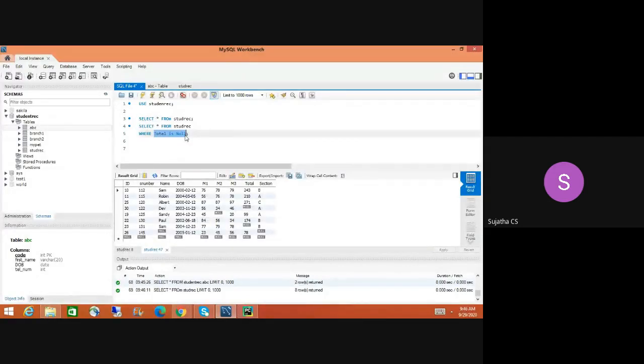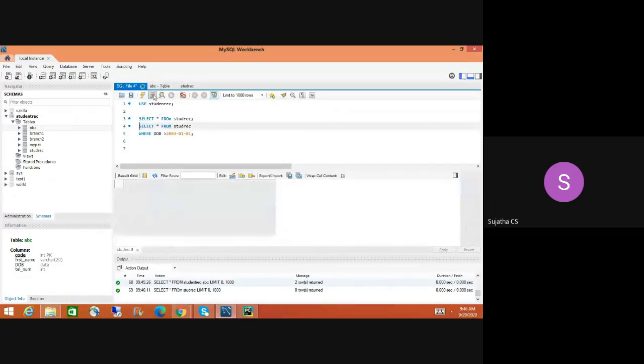Select star from student record where date of birth, DOB, is greater than 2003 0101. If I run this query, you will get this record and this record as well, because it is not less than the month, right? It is November, so it will display this record and this one. Let me run this.